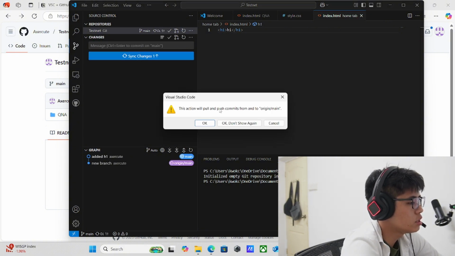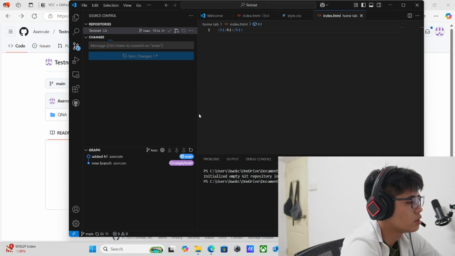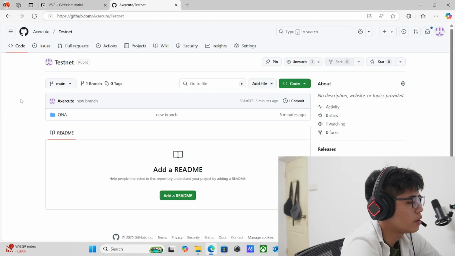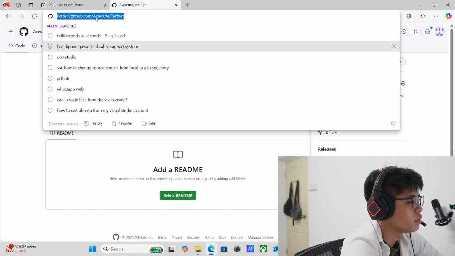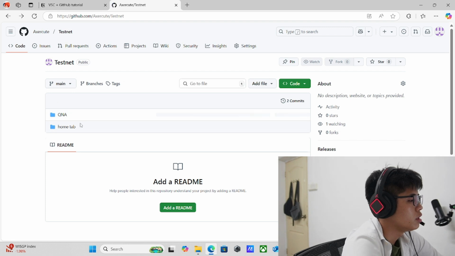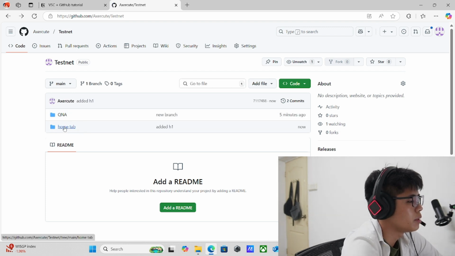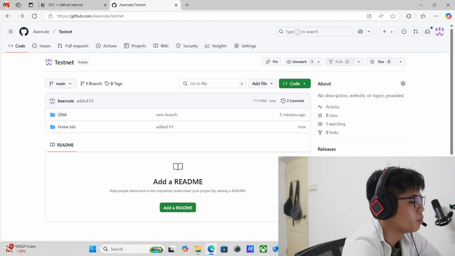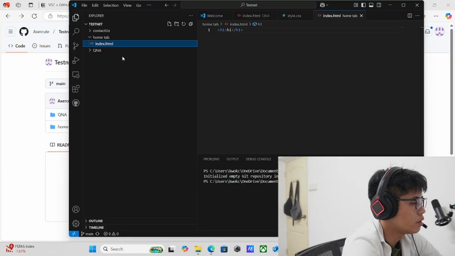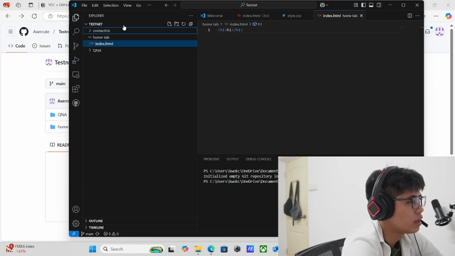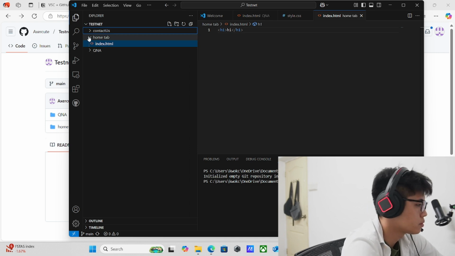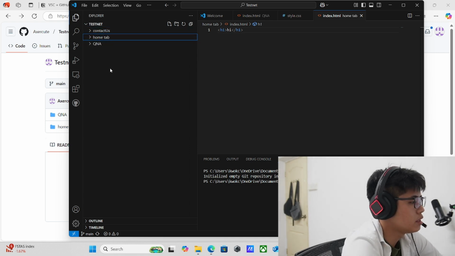So sync changes. Make sure you click on the sync changes. And now, whenever you refresh this, it should appear. Yep. Now your home tab can be seen, but your contact us still cannot be seen because it's an empty folder, or empty mkdir, right? So that's basically how you